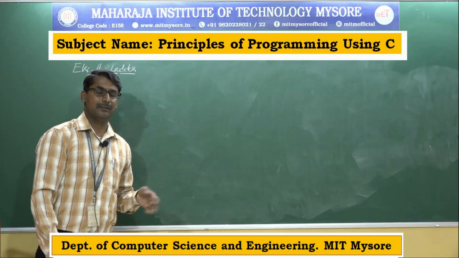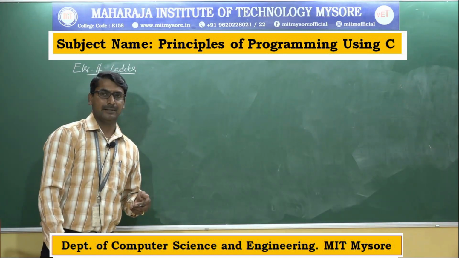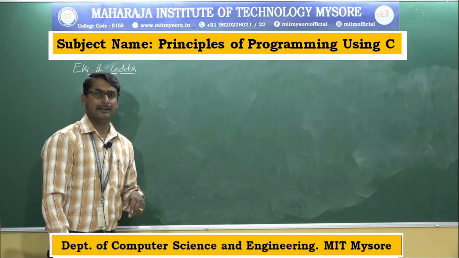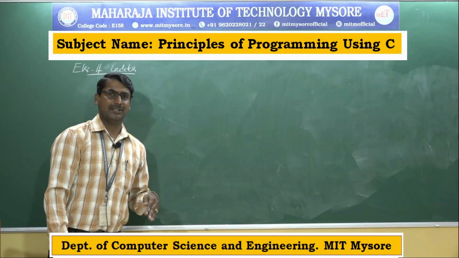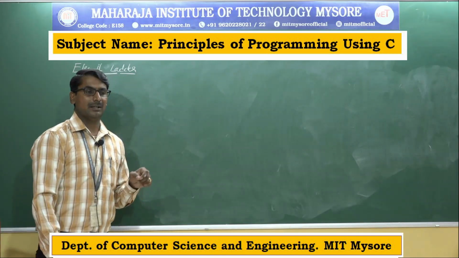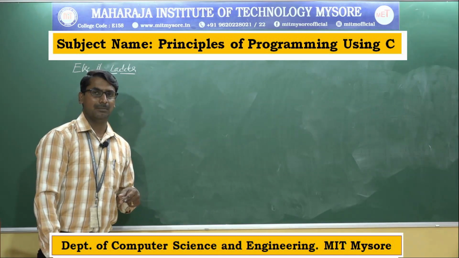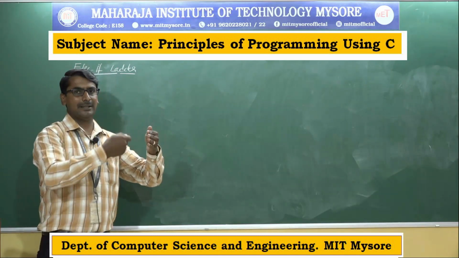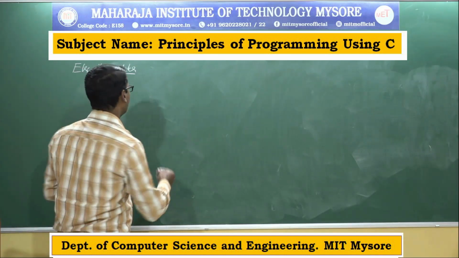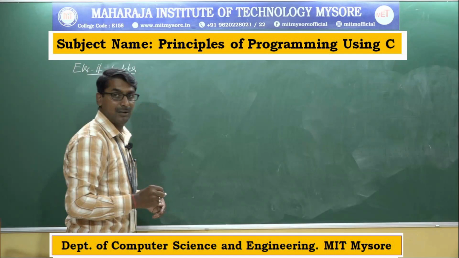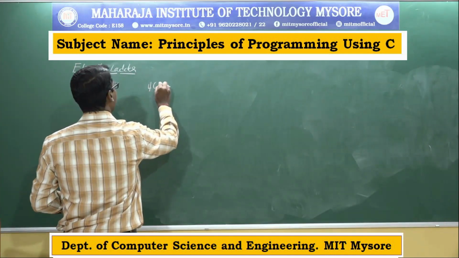In the nested if, we put an if else statement within another if else statement, but in else if ladder we put the if statement in another way. Another way means we put the else if statement in the else block. So we keep on nesting if statements in the else part of the if else statement. So the general form of else if ladder is if